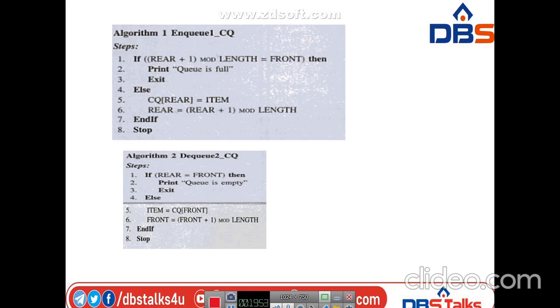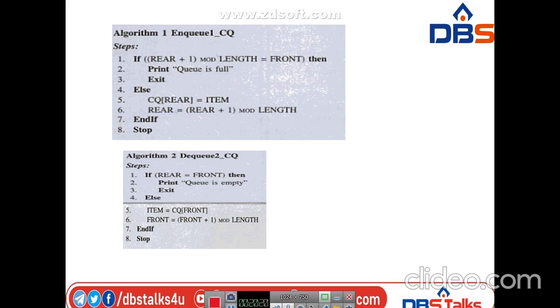Next, we represent the element present at the rear end of the circular queue, that is CQ[rear] = item. Here the fifth and sixth statements can be written in either order.